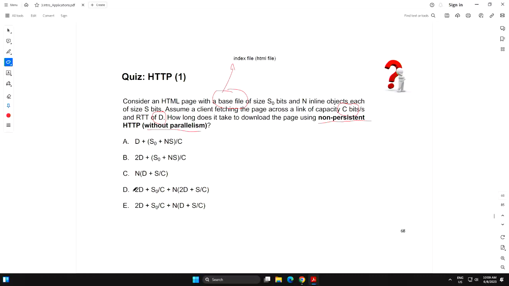So if it helps, you can go to the next page, which gives you an example.